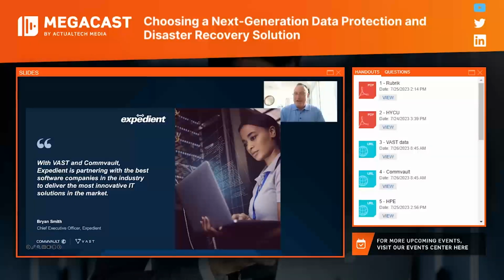A company the size of Expedient, one of the largest cloud service providers on the planet with many locations, they have choice. They have opportunities and options to use other things, and they do, and they have, right? But the partnership that we have with them today is really exceptional, and we're going to hear from Anthony from Expedient just after this session. So please, if you can, stay with us. That'd be great.